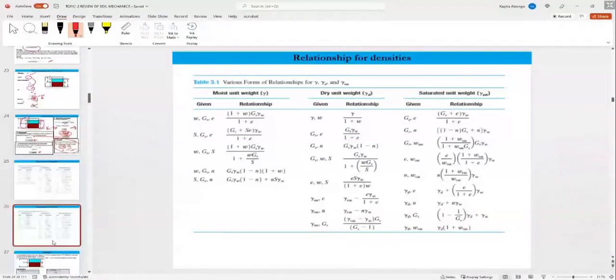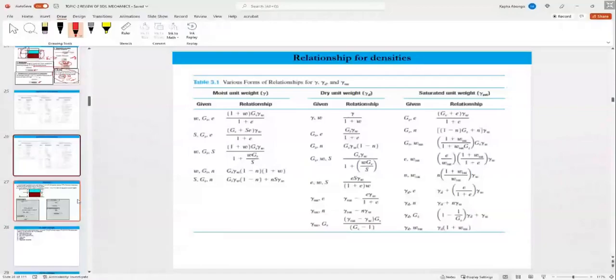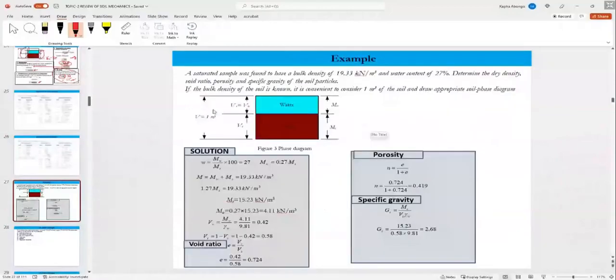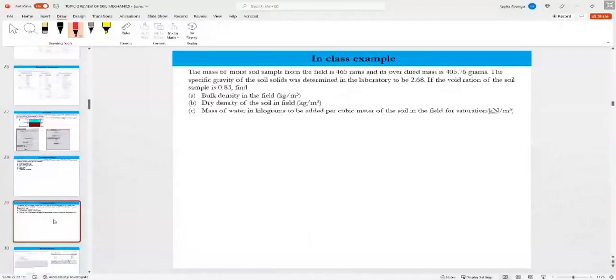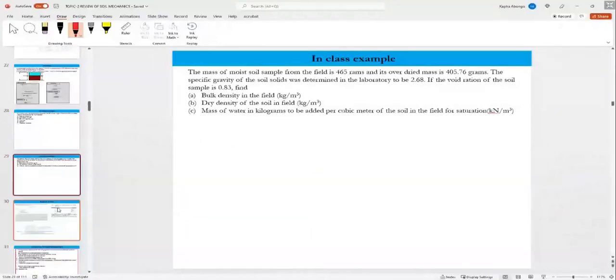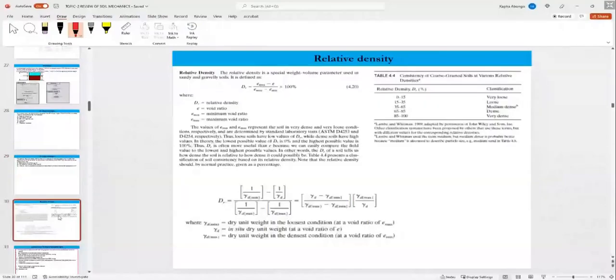Okay, that's another table. You can do some of these examples from soil mechanics 1, so everything is easy for you. Just do the example and follow through. Now, we say that soil is either granular or